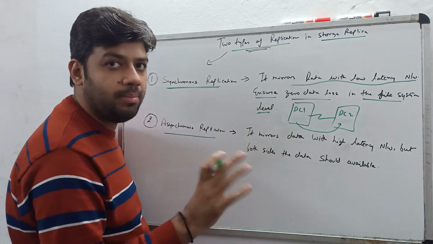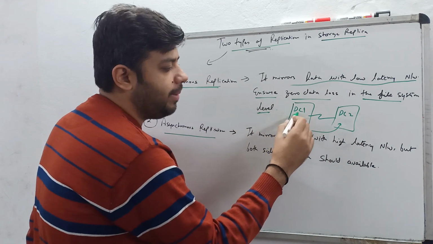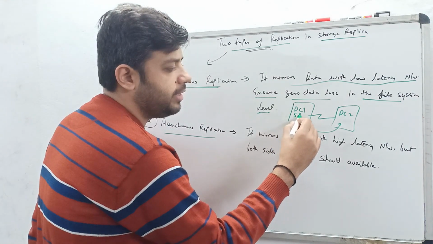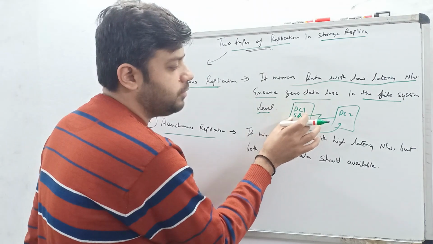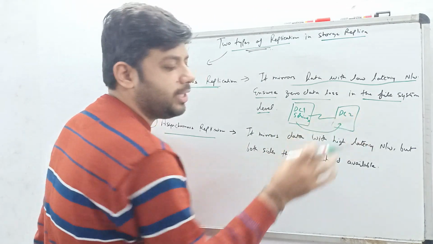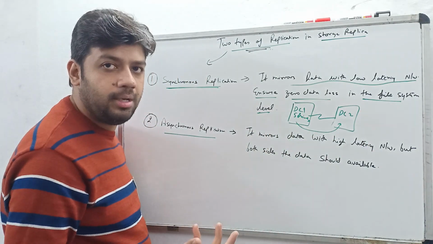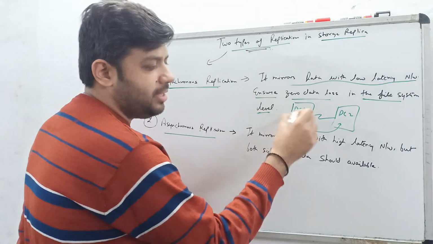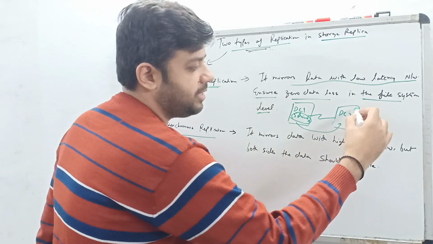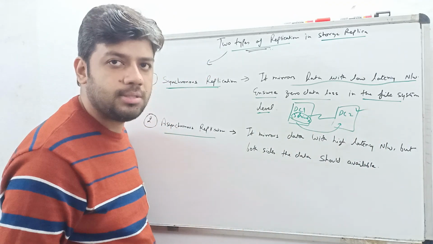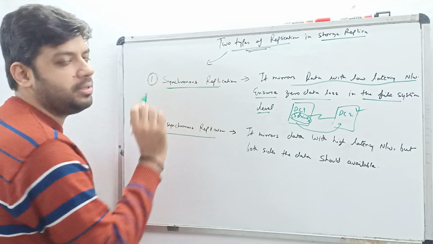It's mirror data actually. Mirror means whatever you can write, like imagine over there we have 5 drives or 5 volumes. All those 5 drives or volumes are replicated to data center 2 as well. In that case, if my data center 1 is down or some drive or volume is down, with the help of data center 2 we are able to access it. That's what we have in synchronous replication.